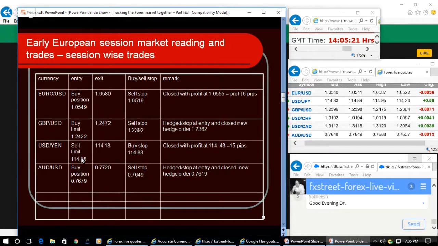Then in the case of yen, I kept the sell limit order that got filled when they went up to 114.61 and then started making the slide. I saw that before the data release, I should close because 13:30 is the data release time. They will bring in a volatile move, and also they are expected to make the drop during the US session. So I closed the USDJPY position at 114.43 and 15 pips profit was realized, and then subsequently